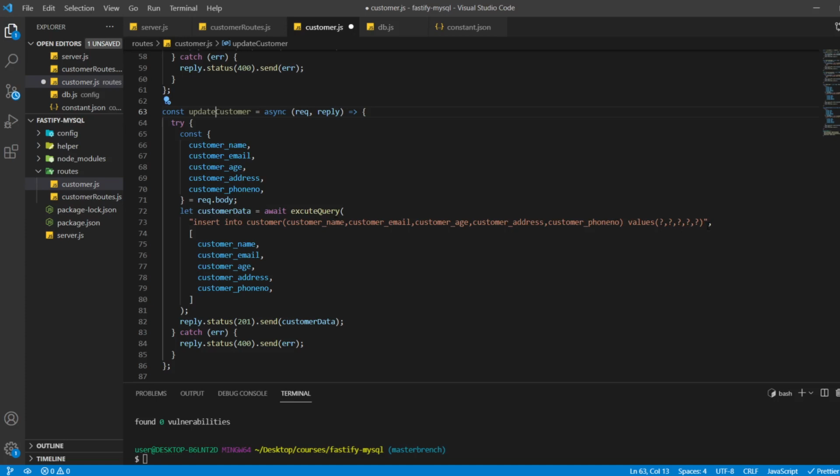This query will be changed: update customer set customer-name equal to question mark, customer-email equal to question mark, customer-age equal to question mark, customer address, and then customer phone number.